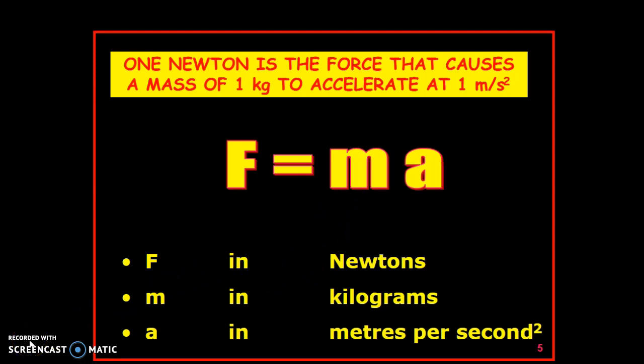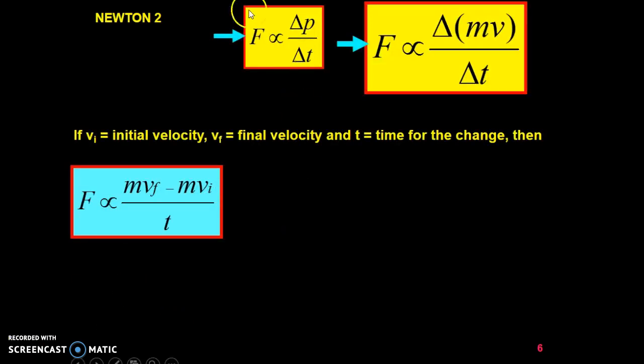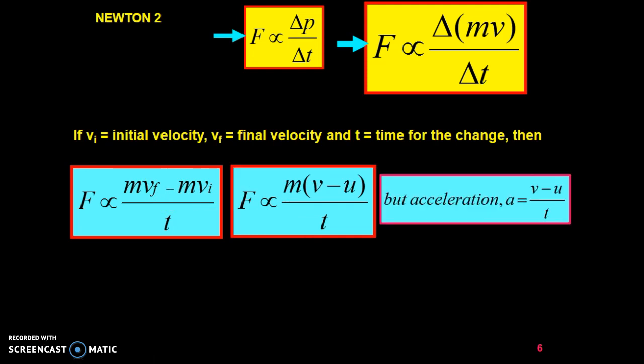This slide is only in here for the mathematically minded, so don't worry about it too much, but basically force is proportional to the change in momentum over change in time, so that's mv over delta t. So if you look at the initial velocity and the final velocity, final minus initial for delta t, then we end up getting an equation that looks like this. We take out m as the common variable, and we also know acceleration is v minus u over t, and so you can substitute that in for that part of the equation,